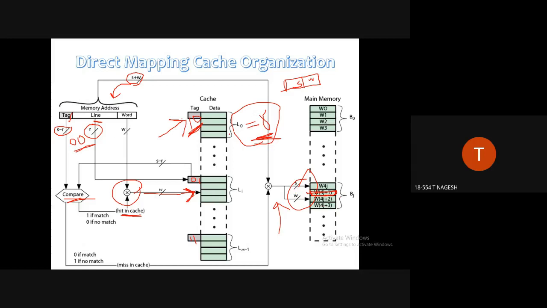Okay, suppose we have this tag as 00 in this line. The required line number is r, that means this is the r, and the required tag is 00. Then it is found here, in the first case itself. Right, this is a cache hit, and based on the tag and the word value, if the word bits represent 11, so if this is the 11 word, then this word will be given to the processor.